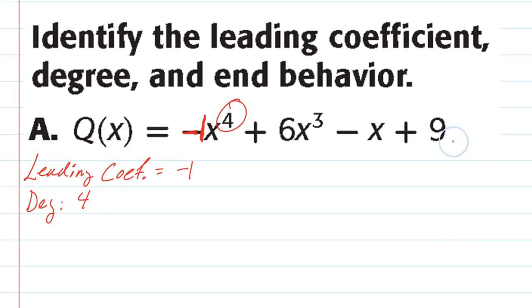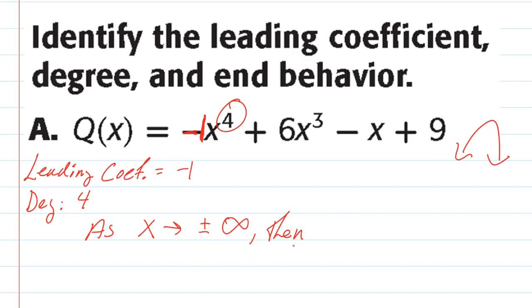So that means that the basic shape is going to be a U shape, but because it's a negative in front, then we know our basic shape will be pointing down. Negative leading coefficient points us down, and the even degree makes it U-shaped. Now they want the end behavior. So we can say as x goes to both positive and negative infinity, so both left and right, then our graph q of x also goes to negative infinity. As x goes to positive and negative infinity, then q of x goes to negative infinity, meaning the graph is